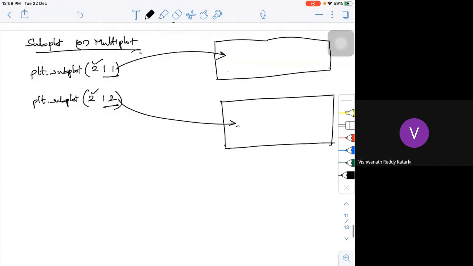If I want to change the same plot, plt.subplot with 2 plots, I can give it as 2, 1, or yeah, 2, 2. In that case, what's going to happen? First row, first column.